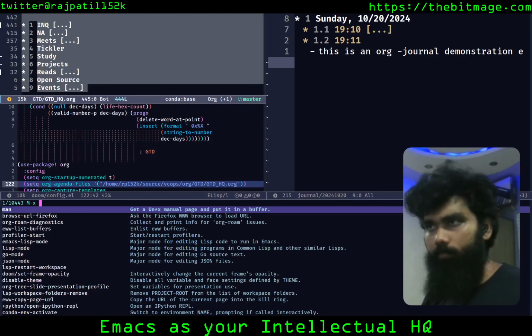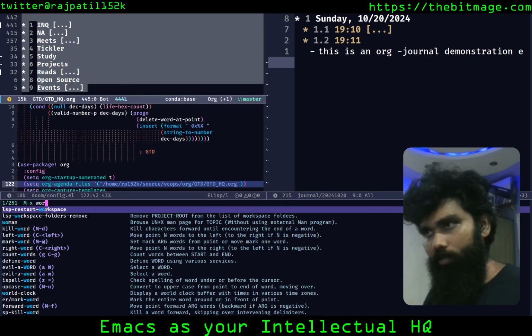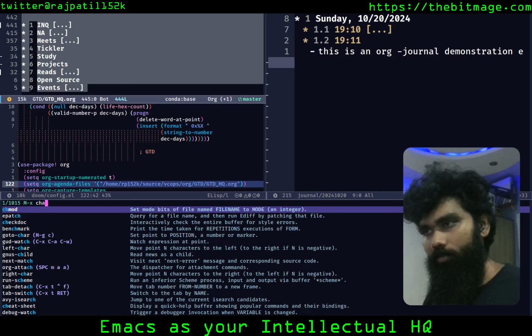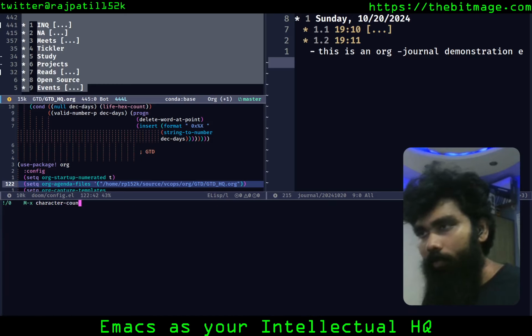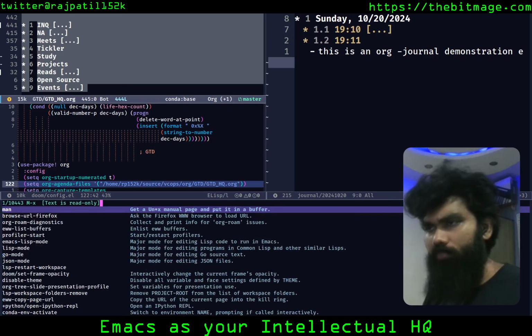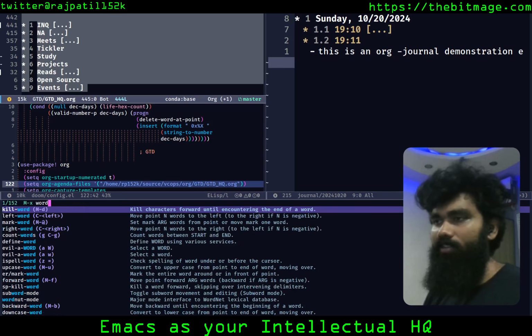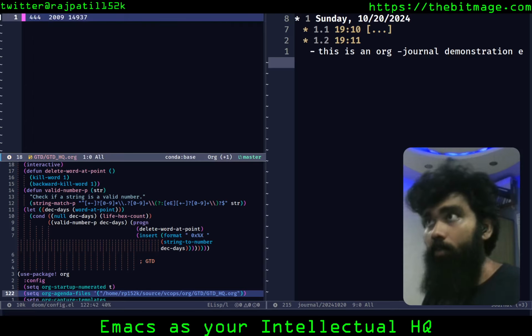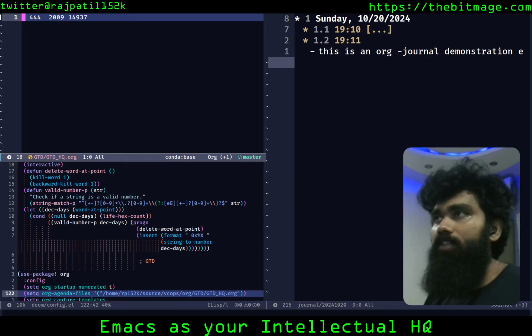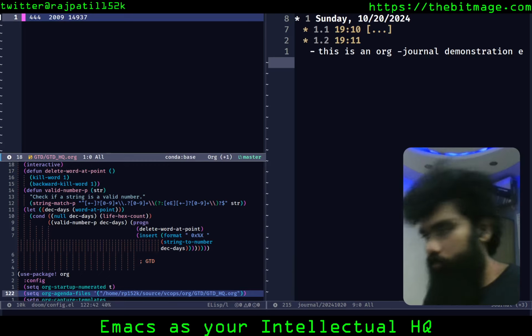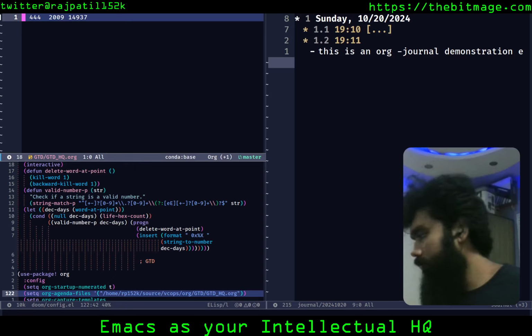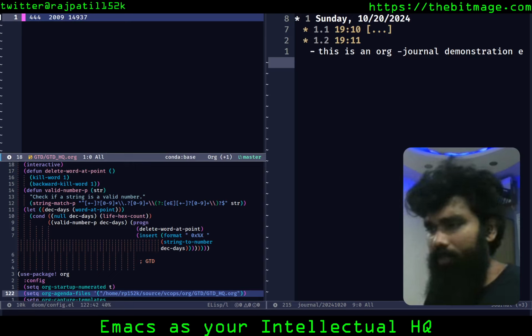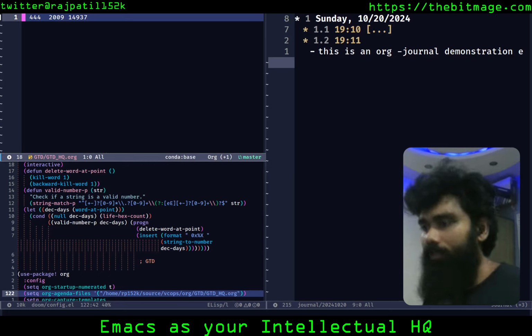Let's count some. WC. No, there's a word count or a character count in Emacs. I don't know. Character count. No, there's nothing like that. Let's just word count. Let's just pipe it through WC. What do I get? Okay, there's 444 lines, 2009 words and 14,937 characters. So just assume that a character is like 8 bytes, or not 8 bytes. Let's just work with UTF-8. So yeah, it's pretty handy.